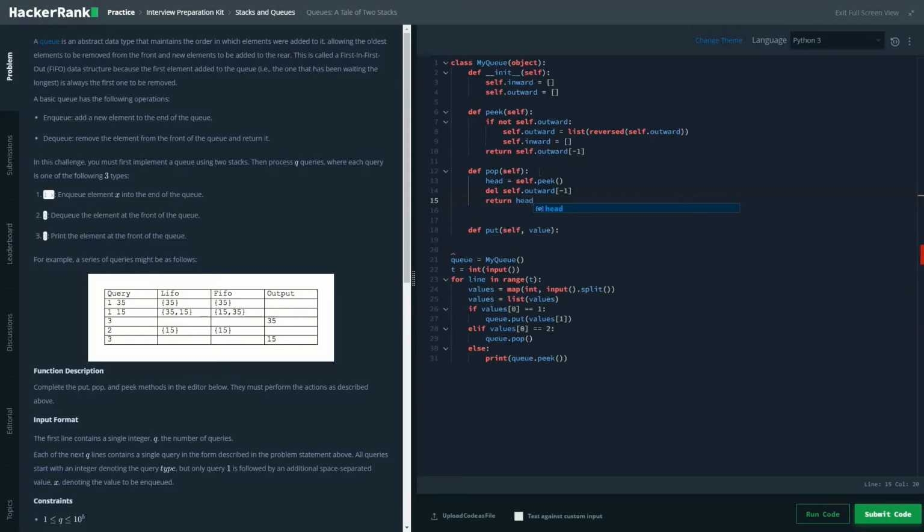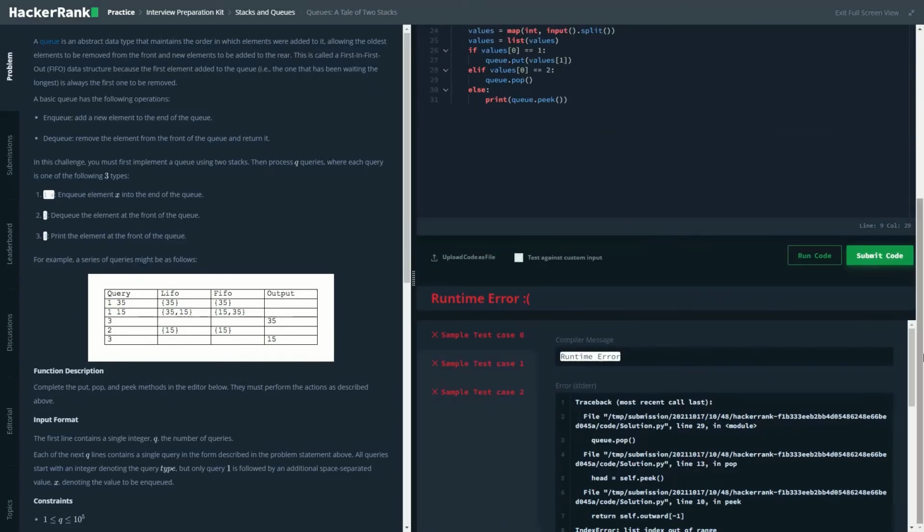And at last, to add a value to the list, self.inward.append(value). I know this is a bit more complicated than the normal way of explaining the problem, so this is something you need to go and check.